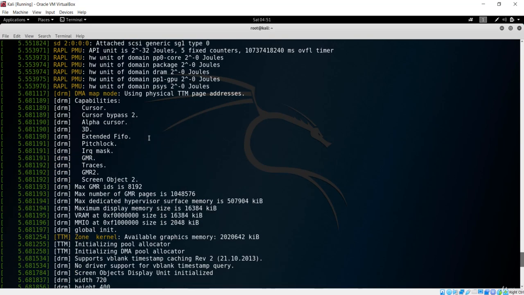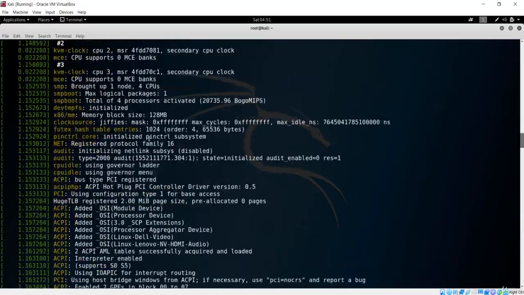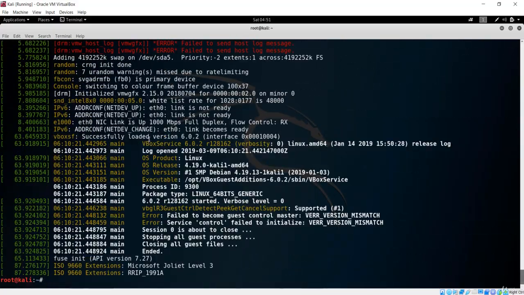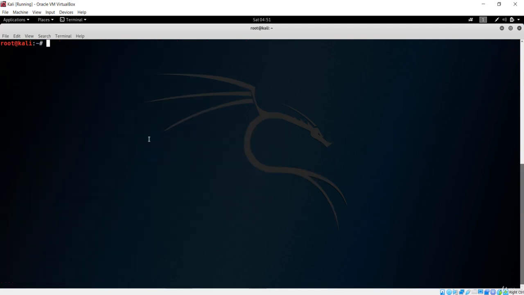So you can see everything the system has logged and every piece of information about this system. So this is very important, the kernel ring buffer. If you want to shut off this system, you'll simply say poweroff, which is going to shut down the system. If you want to reboot, it should be the reboot command. If you hit enter, it will reboot. So this is the simple user information and system information.